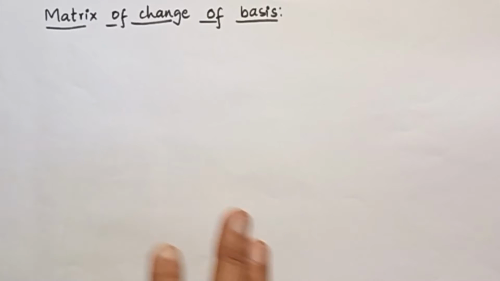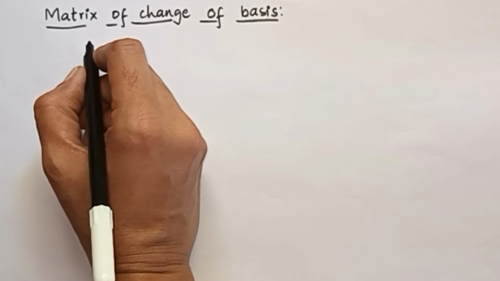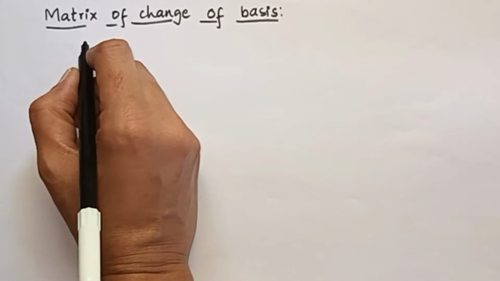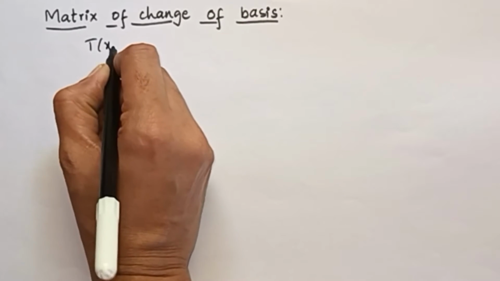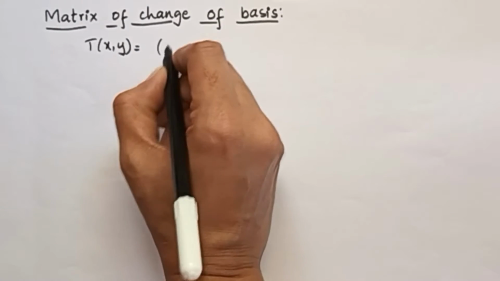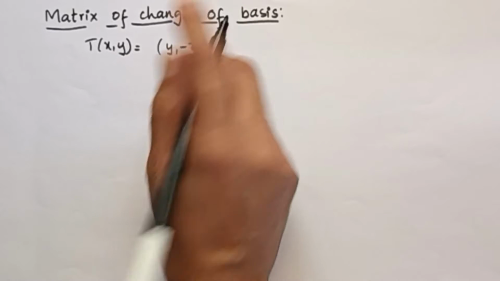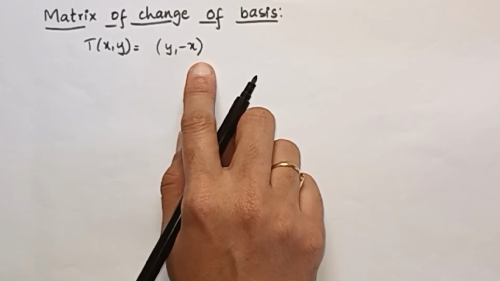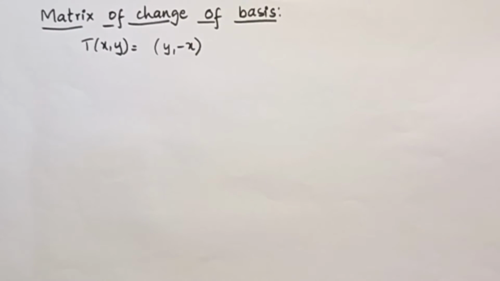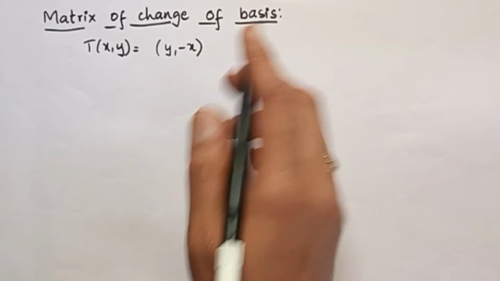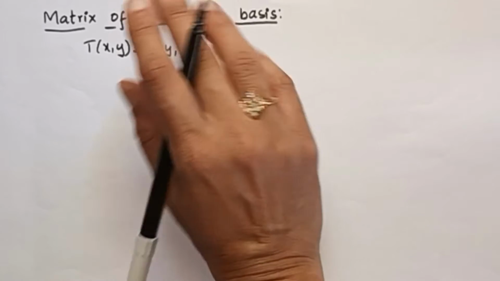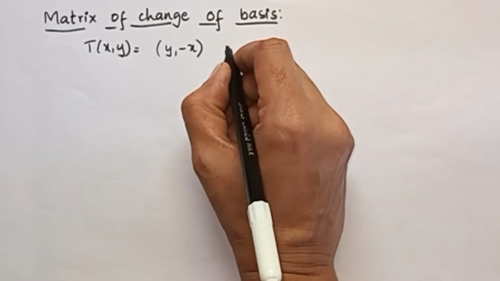So initially, I had taken the transformation rotating a plane by 90 degrees. It is T of (x, y) equal to (y, minus x). This is how the transformation is represented algebraically, where we are rotating a plane by 90 degrees clockwise. And the matrix of this linear transformation, matrix of